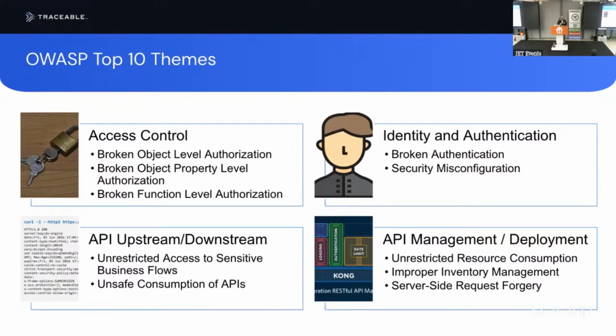Can I delete somebody else's tweets? Can I make an order on behalf of somebody else? Can I use somebody else's credit card? And fundamentally, when it comes to API hacking and API security, you're not so much looking at the raw code and you're mainly looking at the functionality in front of you and understanding how that works.